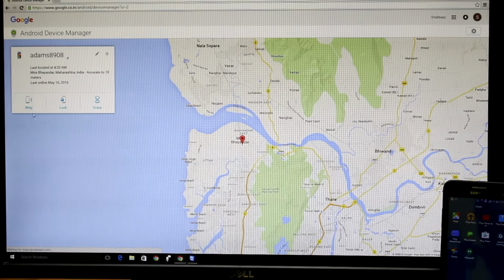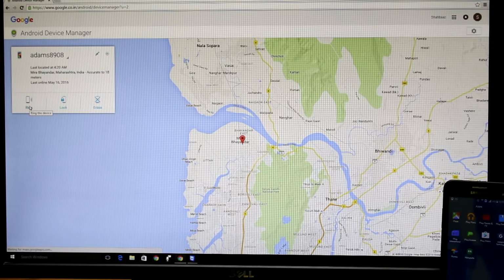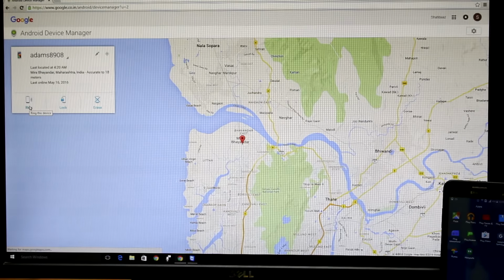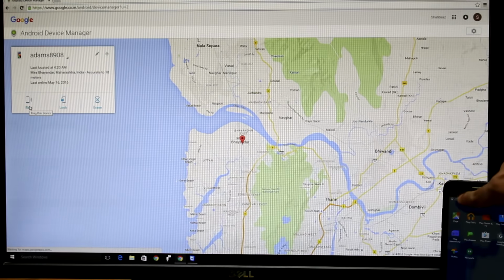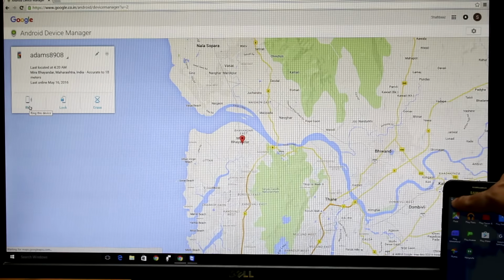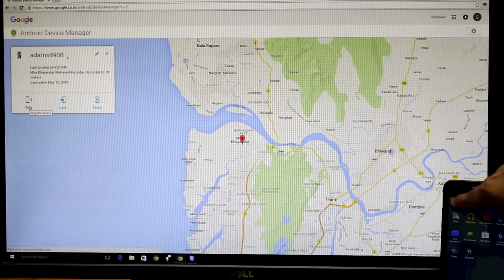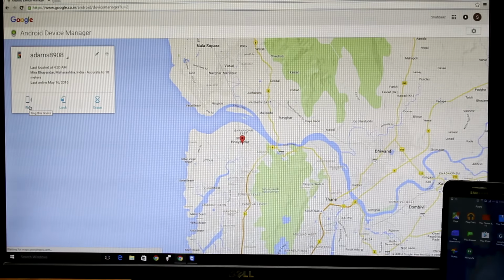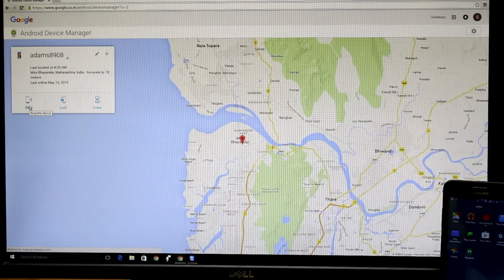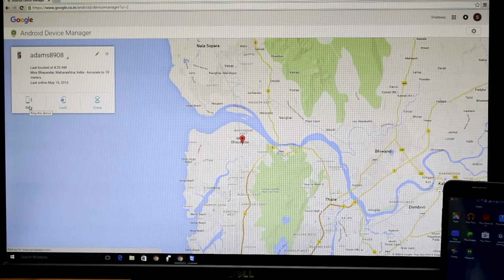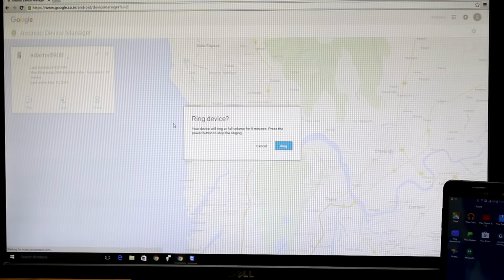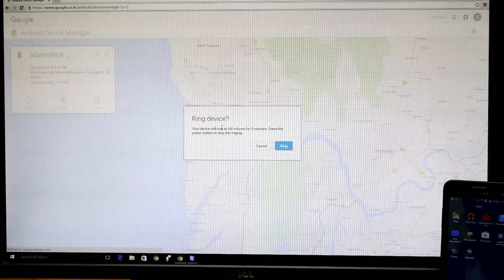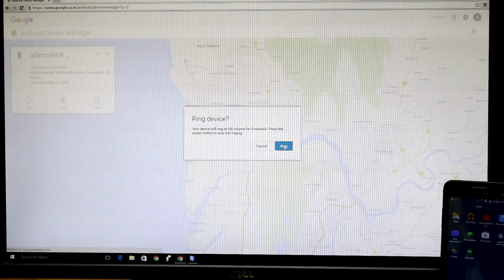By the way, our device is at the extreme right hand side of the monitor. If you guys can see, this is the device, and the satellite icon shows that the GPS is on for the device. And if I click on ring, my phone will start ringing. It's gonna give you a pop-up box which will ask you to ring your device. So if I click on ring,